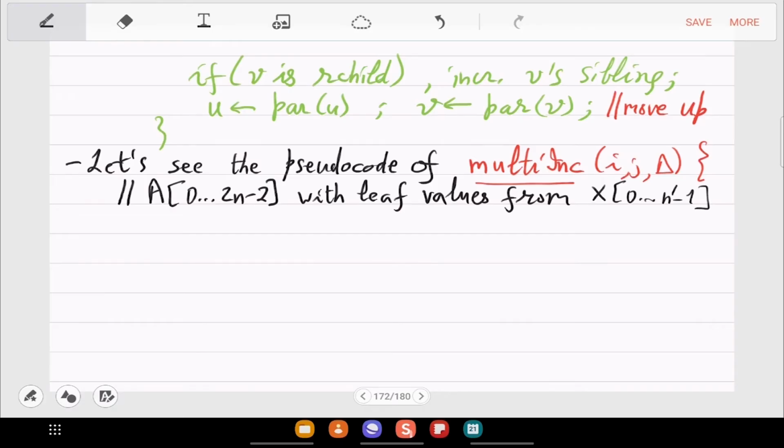So leaf values from the actual array will be stored in what part of A? In the later part, right? So the later part, n prime many, basically n minus 1 to 2n minus 2.